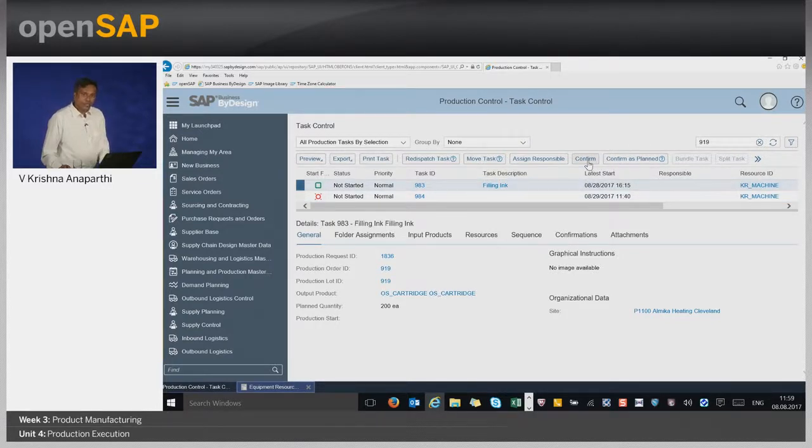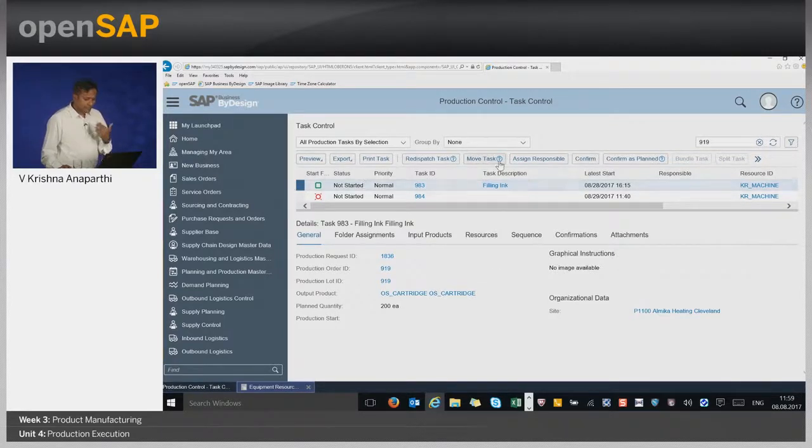One thing that we need to remember in this process is, right now I didn't configure who is responsible for executing a task. There are provisions in the system where you can configure folders such that when a task gets created, it will be positioned into that folder, and this folder can be assigned to a user. If this folder is assigned to me, when I log into the system, I will find these tasks as my tasks to execute. But please understand that these kinds of options are available in the system, but from the standpoint of the demo, we will directly execute the tasks in order to build the inventory of the finished good.